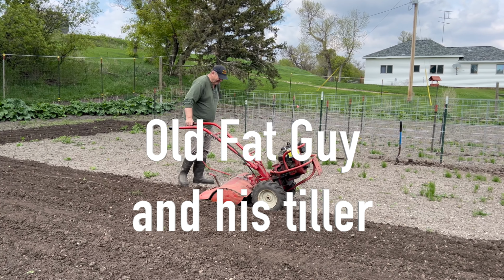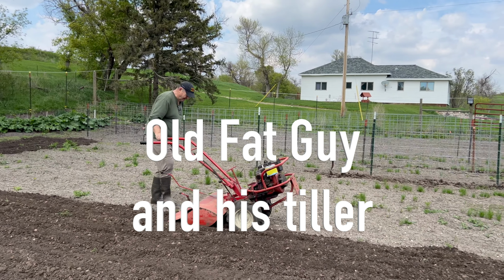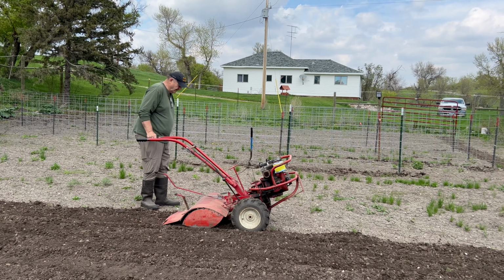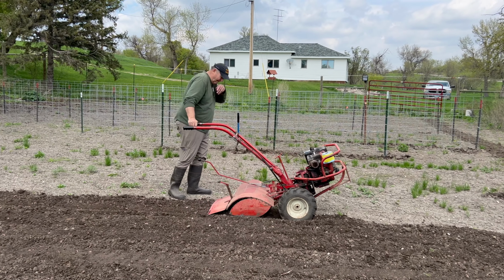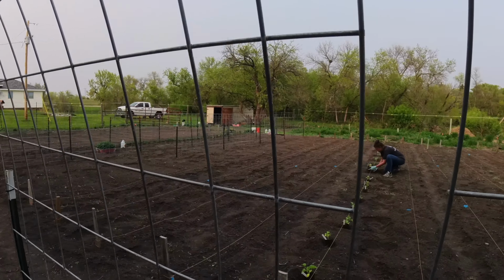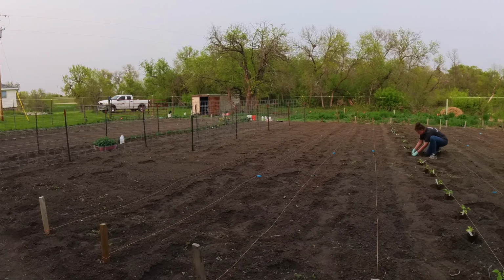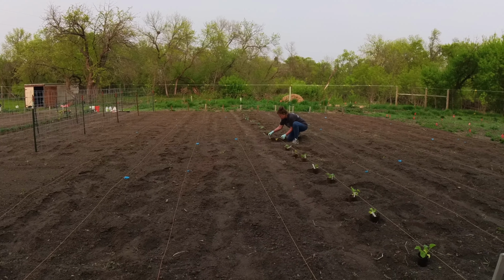There's that 50-year-old Troy-Bilt doing its job. Yeah, I guess. Keep your eyes on the tiller. Water. Okay. I'll be right back. And it's just enough, a little bit, you know. Yeah, this is, I soak them really